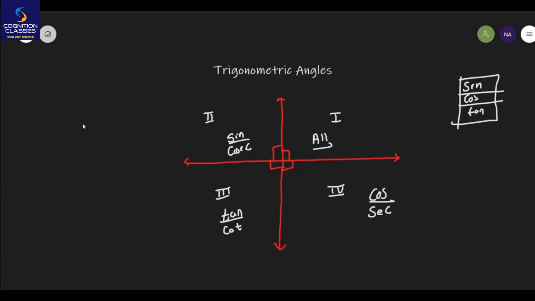So if someone asks me the value of sine 120 degree, as of now I have not taught you how to find the value, but definitely I can say that 120 degree falls in the second quadrant, because 90 plus 30 gives us 120 degree. If it is in the second quadrant, then it is obvious the value of sine will be positive. So just by knowing the angle, I can comment whether the value is positive or negative.